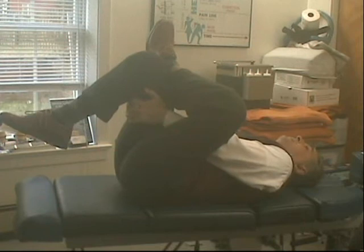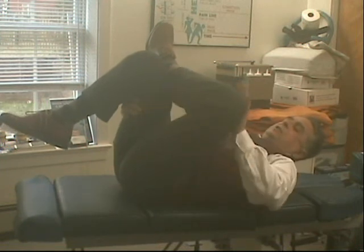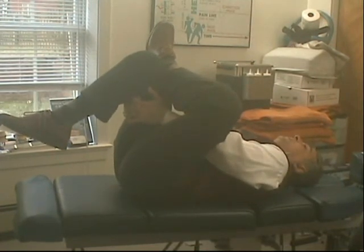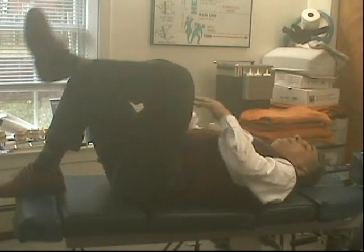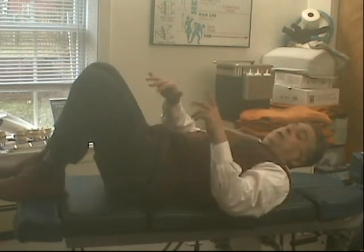And that's a nice feeling of stretch. You could also use this elbow to sort of leverage this knee into more of a 90-degree angle, but that's more advanced, and again, if it hurts, don't do it. And that's a good stretch. So you've got one knee at a time to the chest, two knees, the twist, the figure four, and then